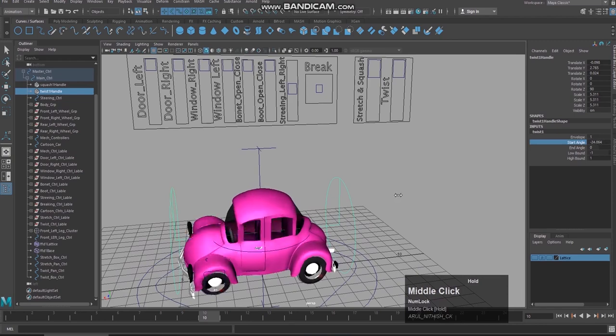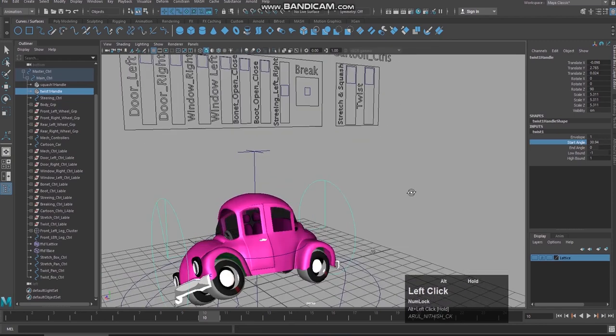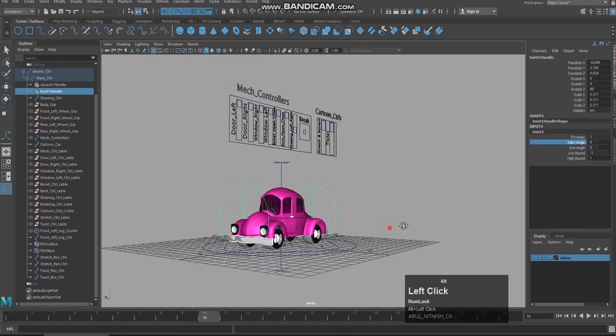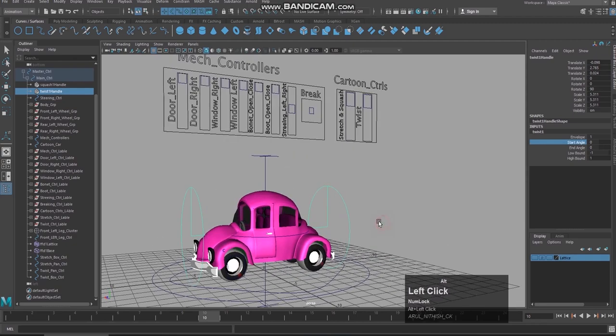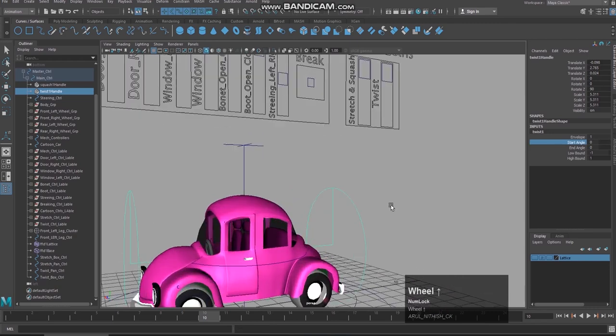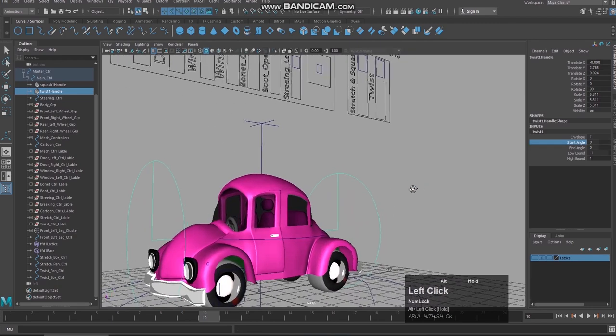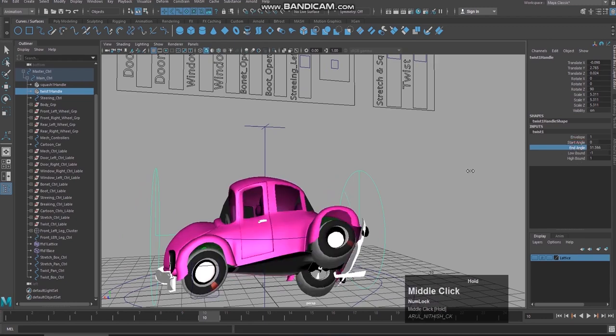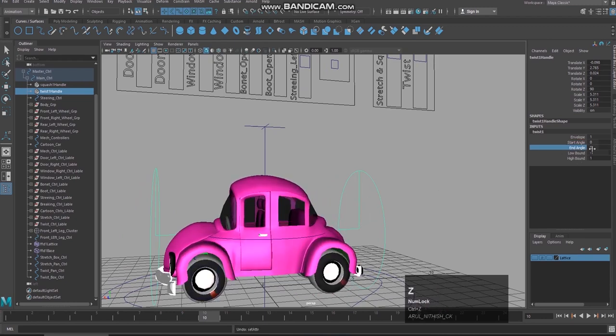Just imagine someone is washing this car and twisting it to drain down the water. Just imagine this car has become like a cloth. People treat it like a cloth. This is how cartoony rigs are made. Even you can find the start angle, high bound, low bound.